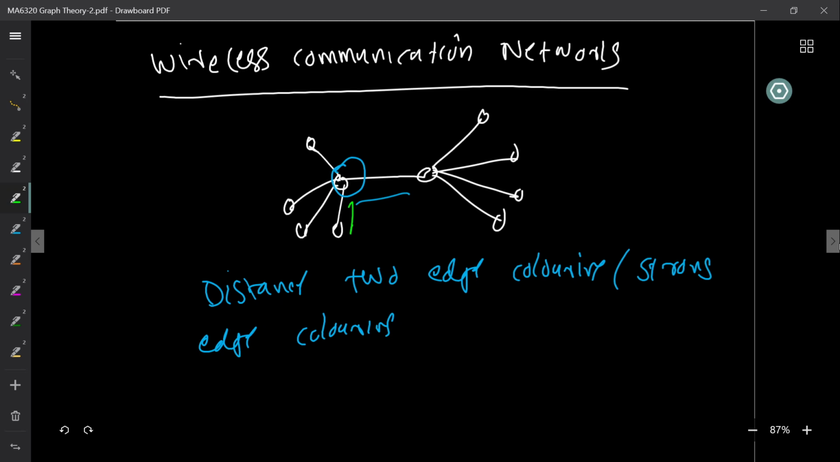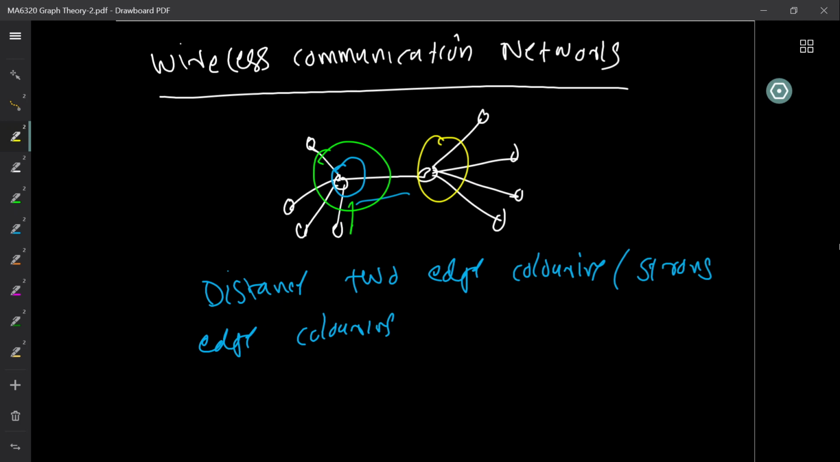In fact, you can see that all these vertices and all these edges must get different colors, because they are all different communications and bandwidth that they are going to use. But this is not sufficient. I claim that all this must also be different from this, because otherwise,